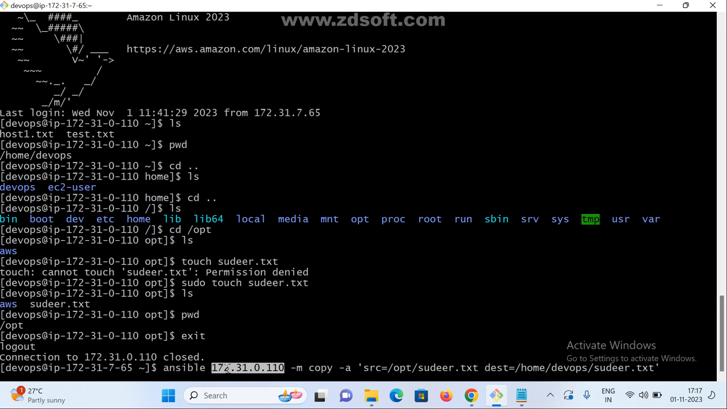This is the syntax. Ansible, this is the group name, or we can use an IP address. Copy is the module. Arguments: source and destination. From where I am copying: the opt sudhir.txt file. Destination path: home dev sudhir.txt file. Clear? Yes, sir. Okay. Now